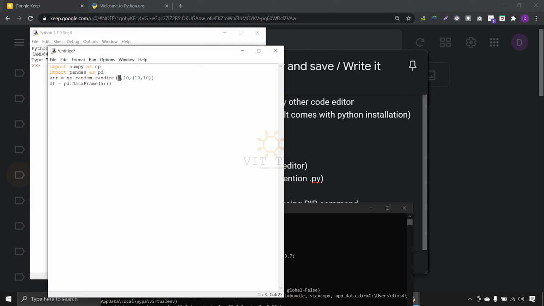This is the minimum value, this is the maximum value. You can give any number. This is just x comma y, that means number of rows, number of columns. Next, these are all the code. Now we need to print. You can see it directly visually when running the code, that's why we need to print.